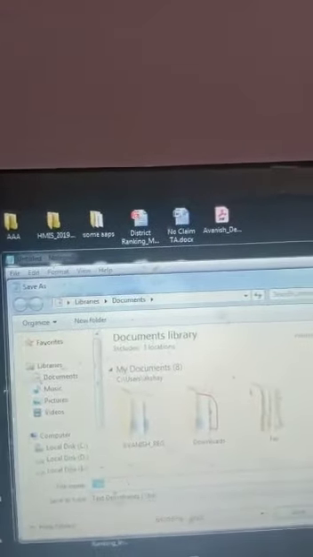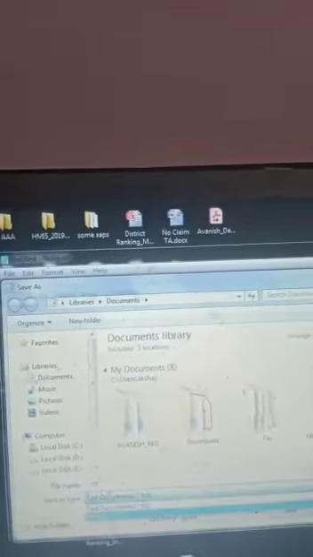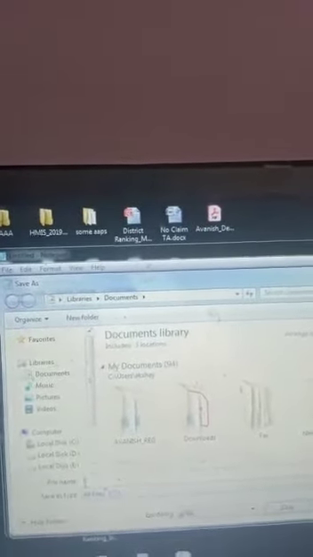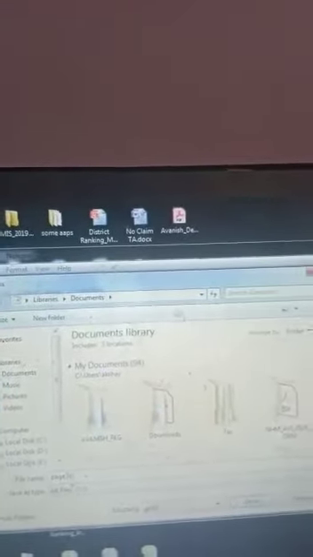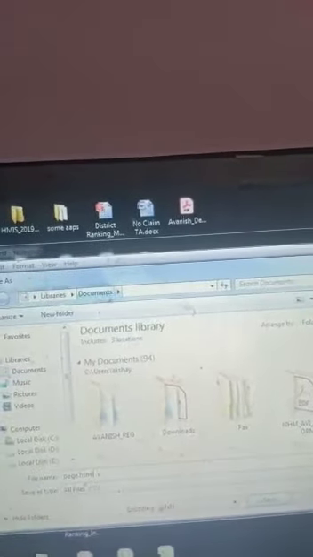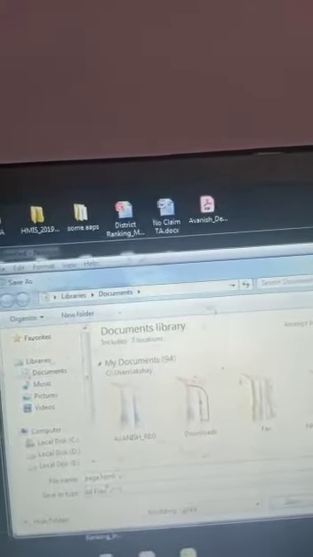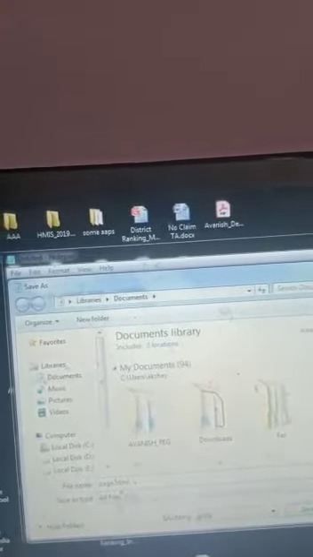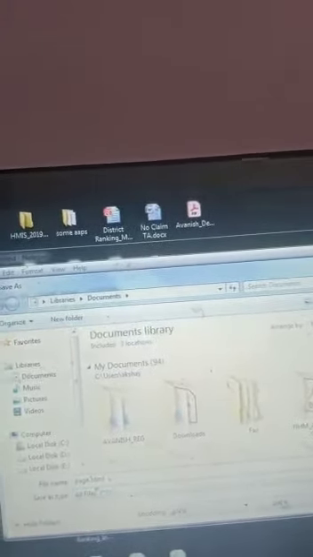Okay, so I have typed all those things, so I will save it. So you have to click and then Save. Here, where you want, say Documents. Click here All Files and then save, whatever name you want. I have written page.html. Where is that? In this Libraries and Documents, this is the location. If you want to change the location, you can. It is page.html and All Files. Click on Save.